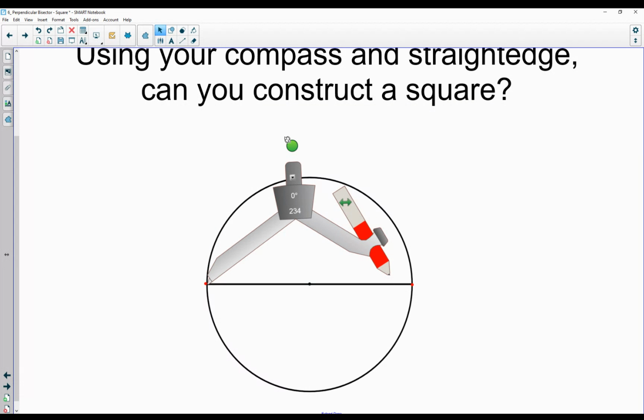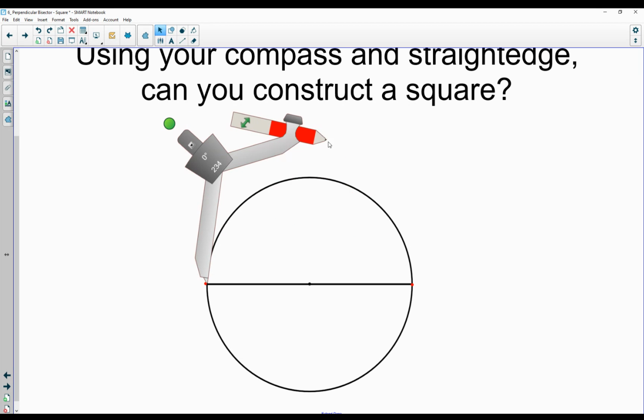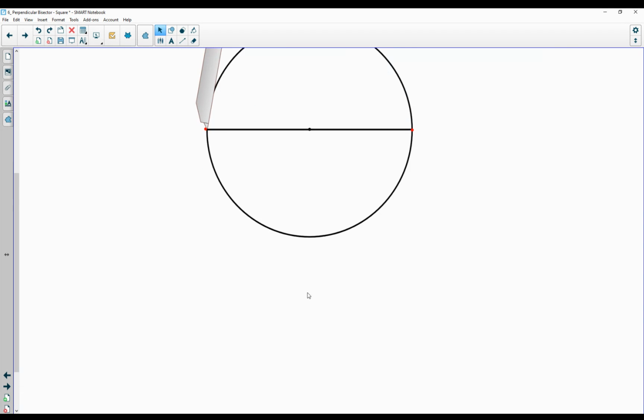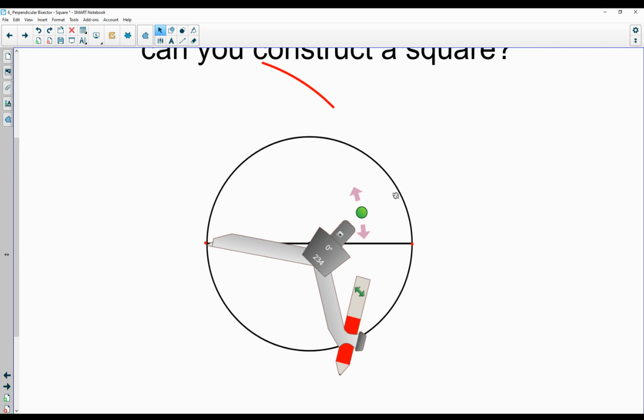Now, before you do anything, your arcs might be inside the circle, outside the circle, or on the circle. Any of those three scenarios is okay as long as it's past or more than halfway. So let's see where mine end up. Mine end up outside the circle. Okay, so I'm going to go above, and then I do need to go below because that's how we do the perpendicular bisector,